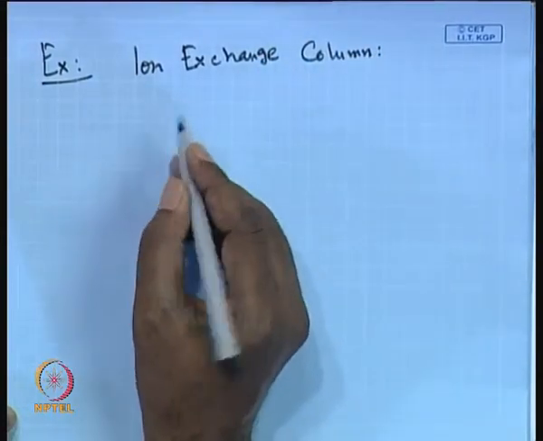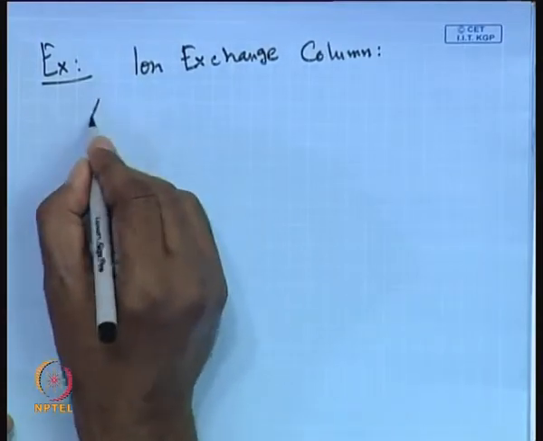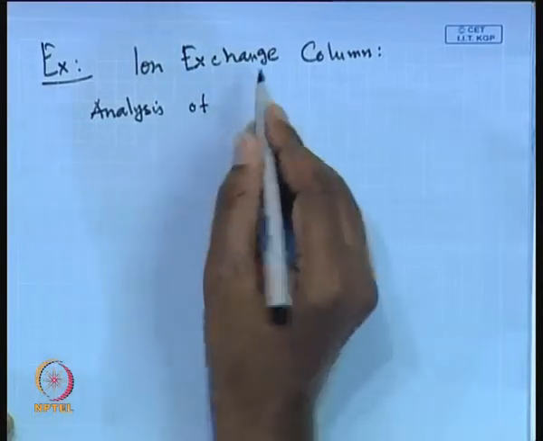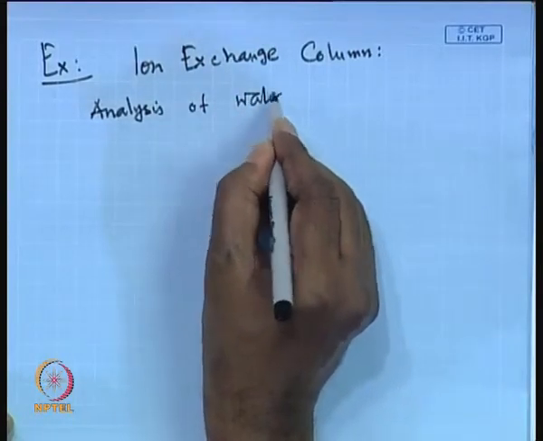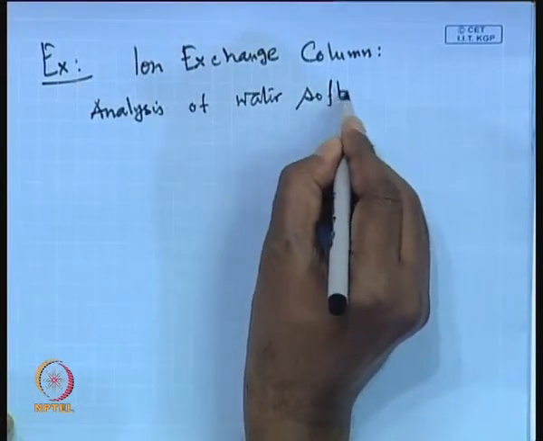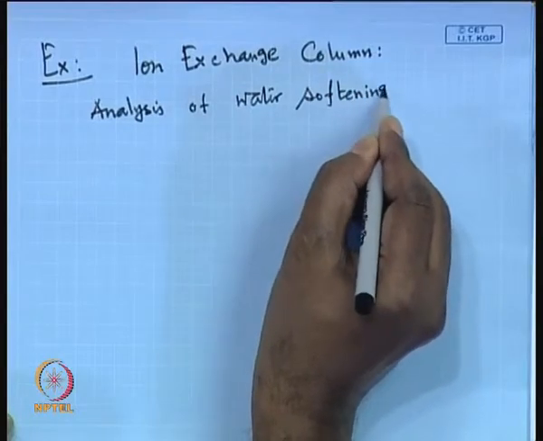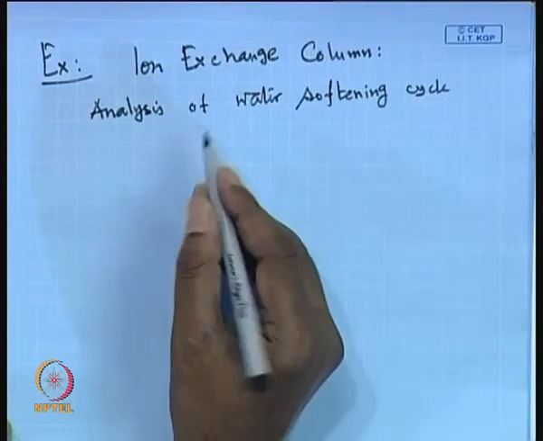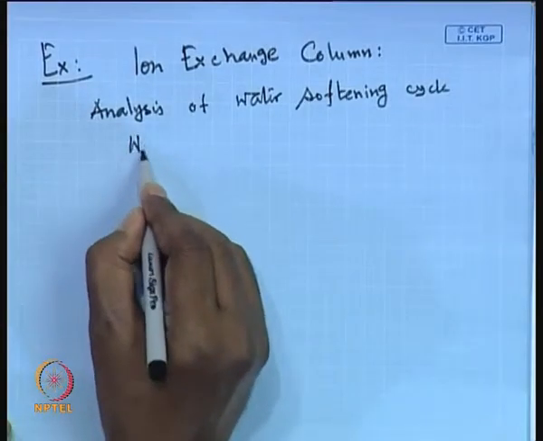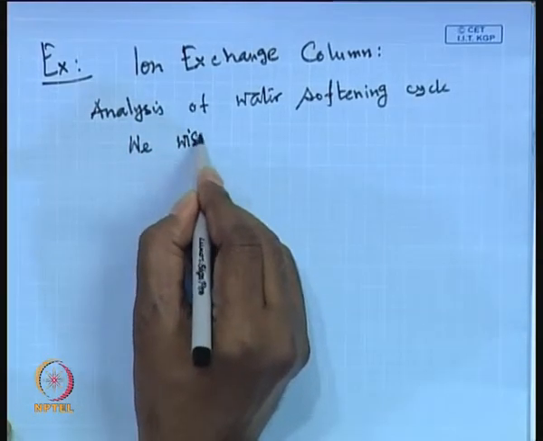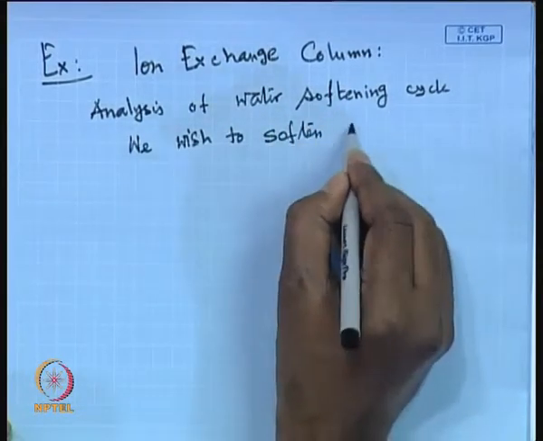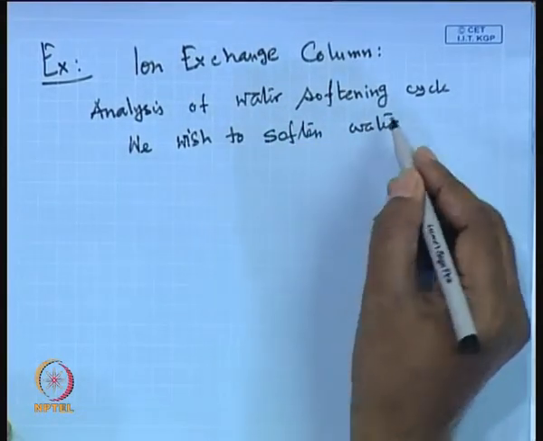Ion exchange column. It is basically an analysis of the water softening cycle. Okay. What is this analysis? It is basically we wish to soften water. That means, we would like to remove calcium ion from the water,